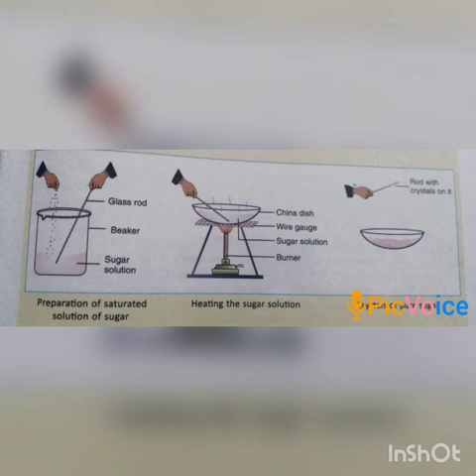This method is commonly used to obtain the common salt that we use in our food from seawater. Seawater is collected in shallow beds dug near the sea, and then with the help of the heat of the sun, evaporation takes place. The water collected in the shallow beds gets evaporated due to the heat of the sun, and it leaves behind particles of salt. In this way, common salt is obtained from seawater.